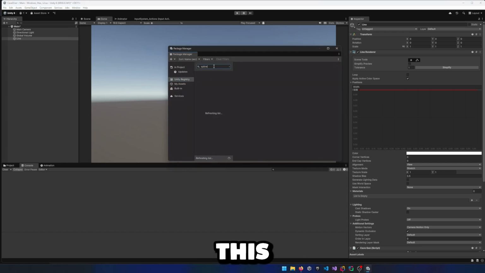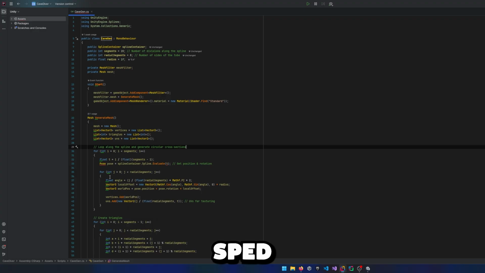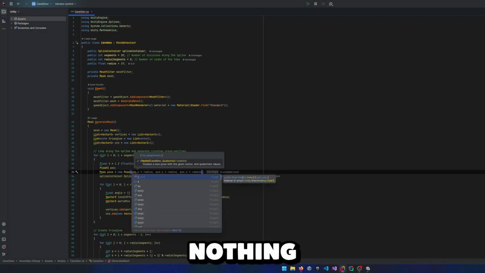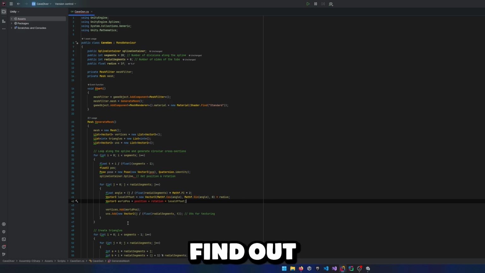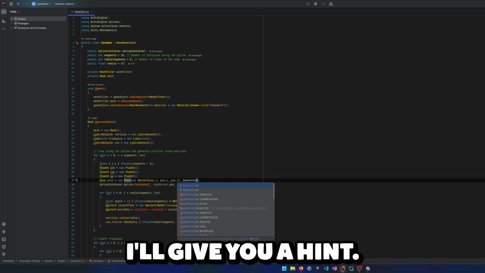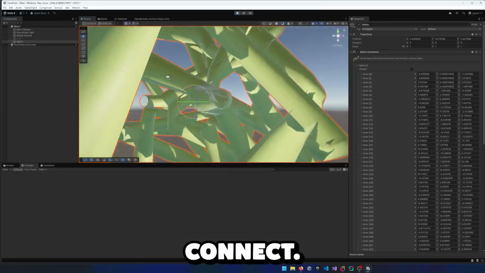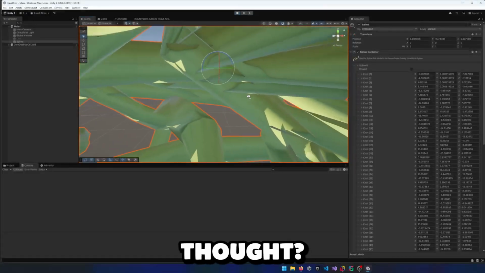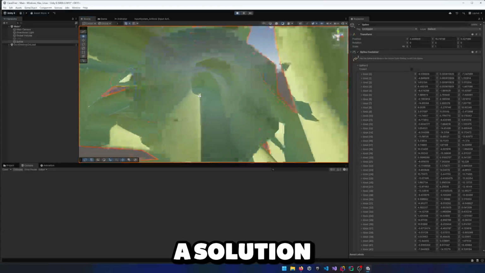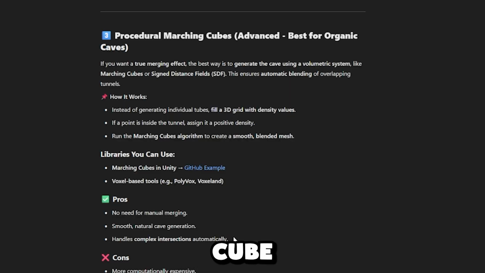Okay, just let me add this keyboard sound while I show you a sped up video of me doing absolutely nothing because I have to change it and you'll soon find out why. I'll give you a hint. It works very nice until you realize that the tubes can connect. Yeah, who'd have thought? Apparently ChatGPT came with a solution that would be to use a marching cube algorithm, which